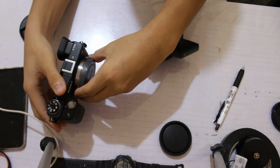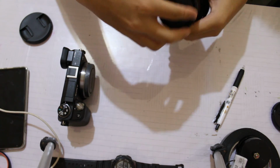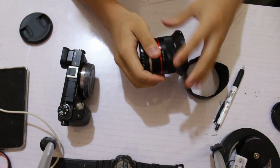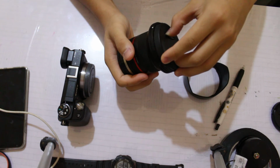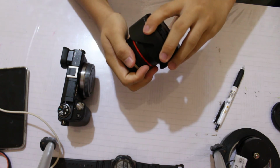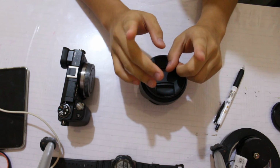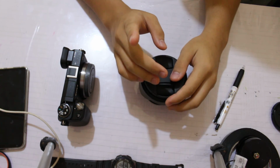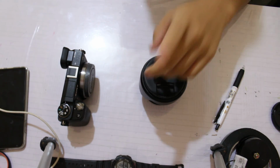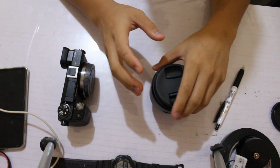Tomorrow hopefully my package arrives. Tomorrow I shall be doing a small overview on the Sony A7S. Then hopefully the day after that I'm gonna go mod this lens I'm using right now, which is an 18 to 55mm f3.5 to 5.6. Let me see. Yeah, 5.6. So I'm gonna be mounting this thing to fit the A7S, because I'm also gonna have